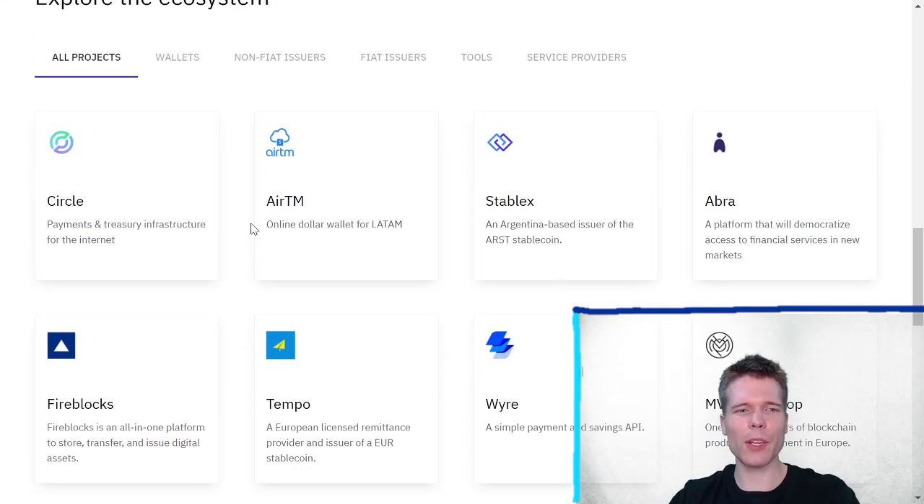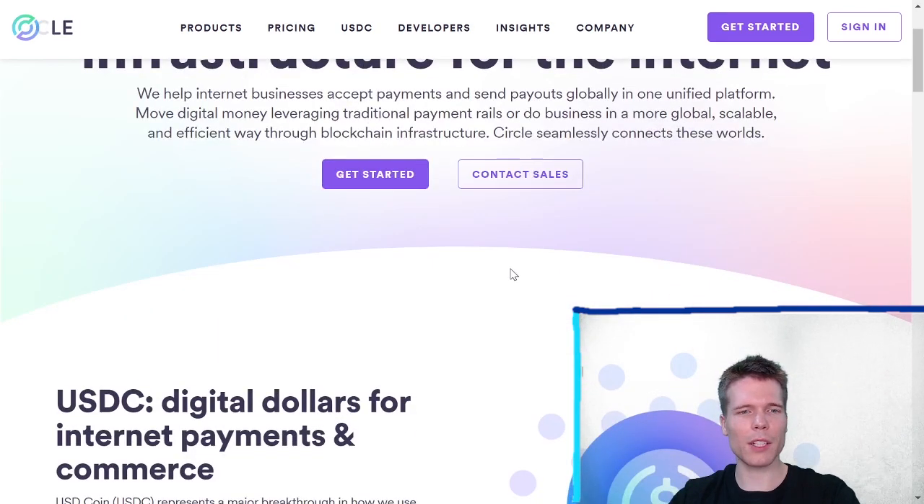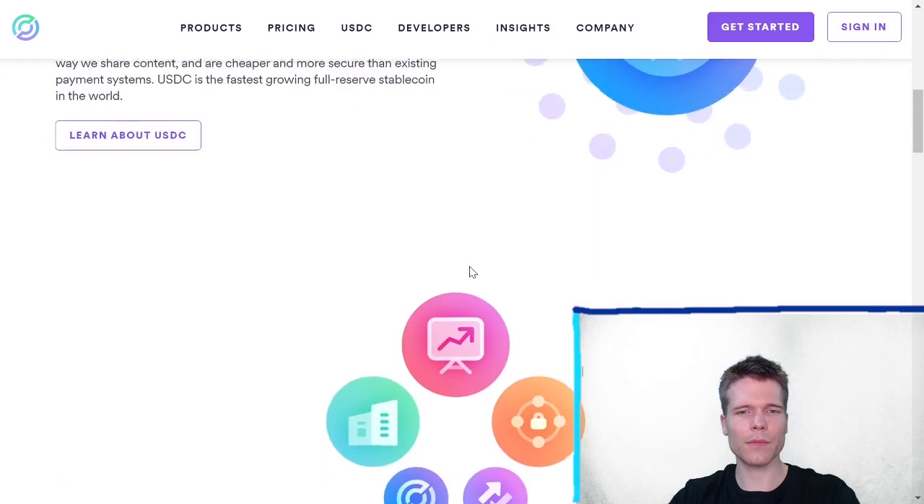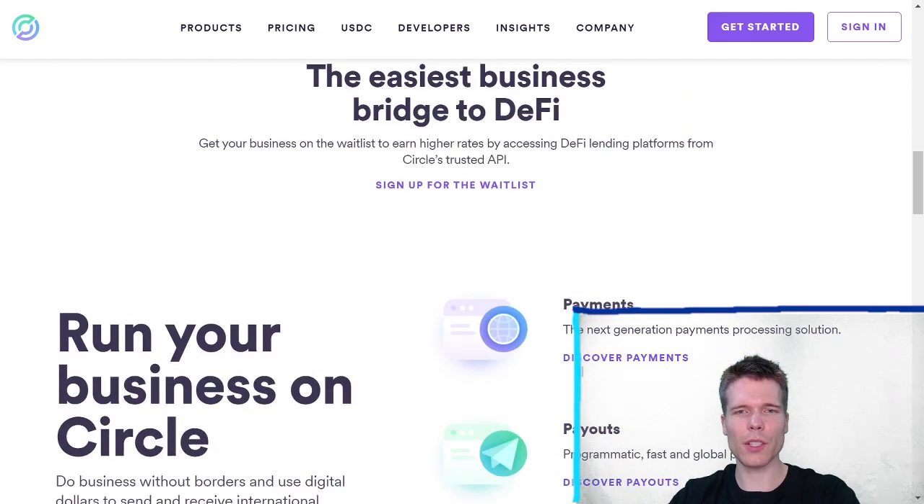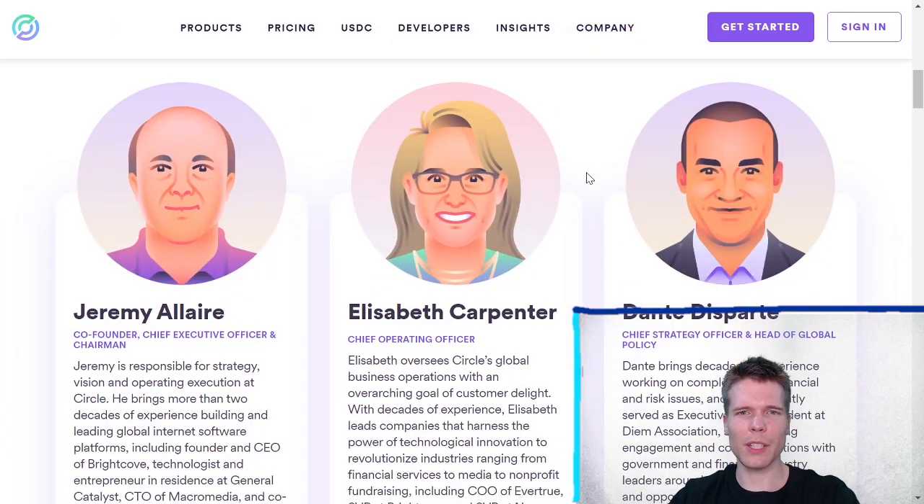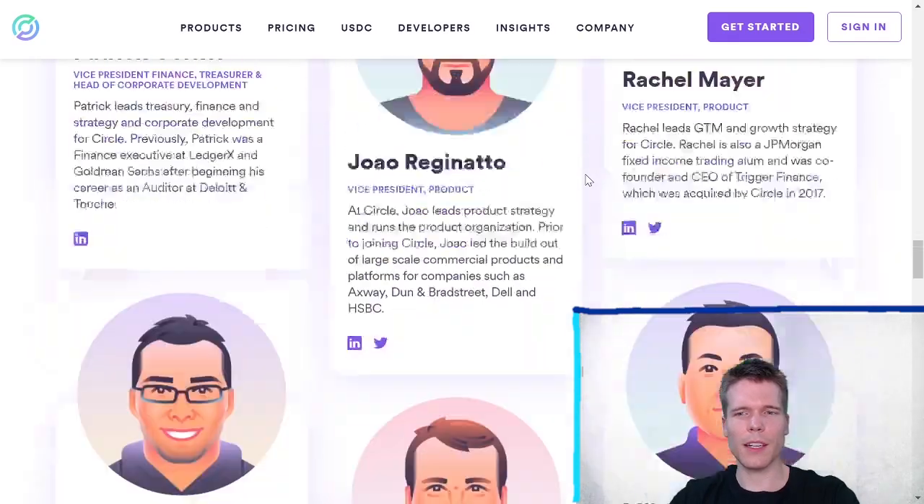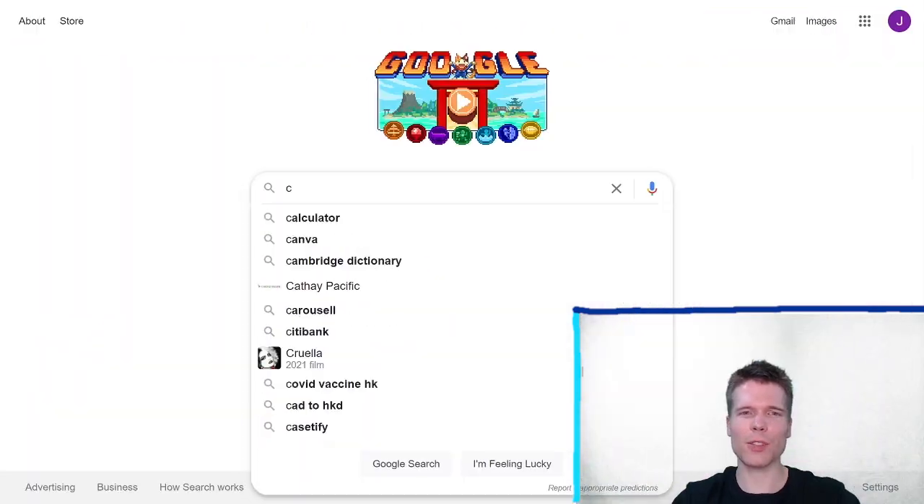All right, if we don't know any of these, we can just assume that they've put the best ones at the top. So let's go see what Circle is about. Payments into treasury infrastructure for the internet. All right, sounds kind of like Stellar Lumens. But I guess they are using Stellar. So let's go to this company's about. All right, we can see their team here. I don't think they're using real pictures. Just for the sake of completeness,